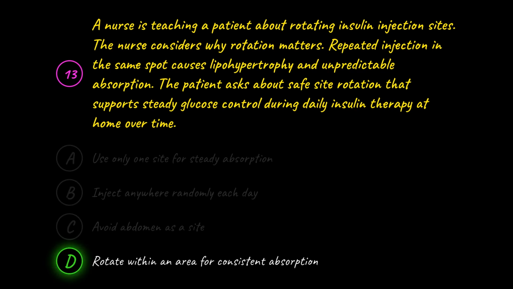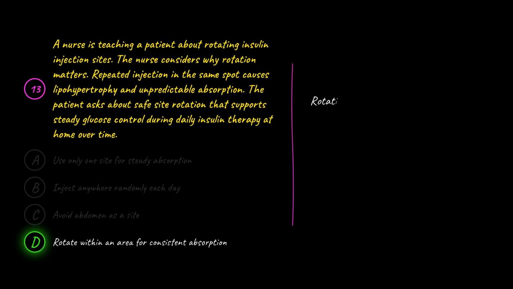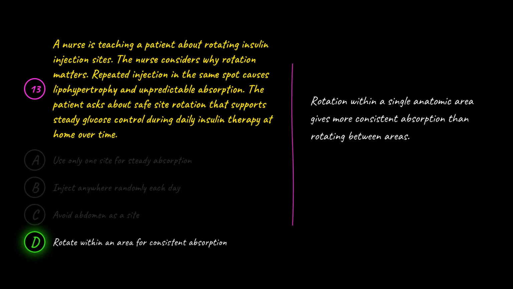The correct answer is D. Rotate within an area for consistent absorption. D is correct because rotation within a single anatomic area gives more consistent absorption than rotating between areas. The patient picks the abdomen or thigh or upper arm and moves around within that area, leaving an inch between